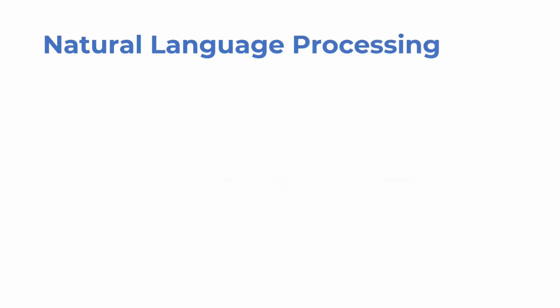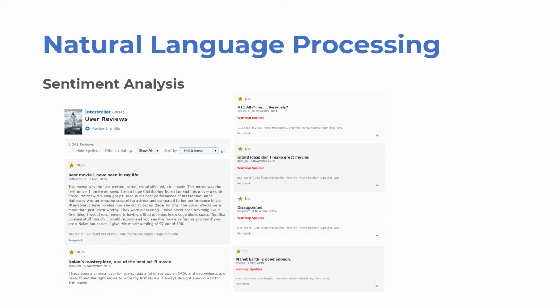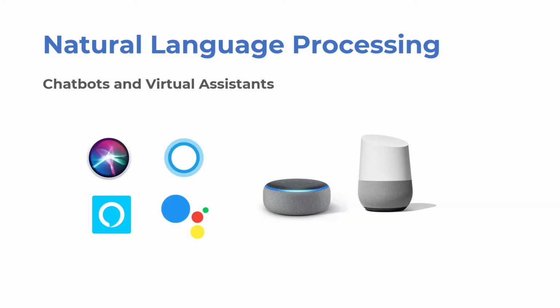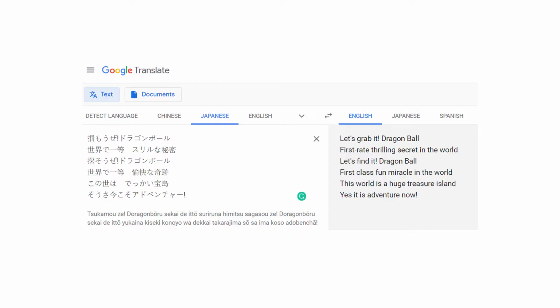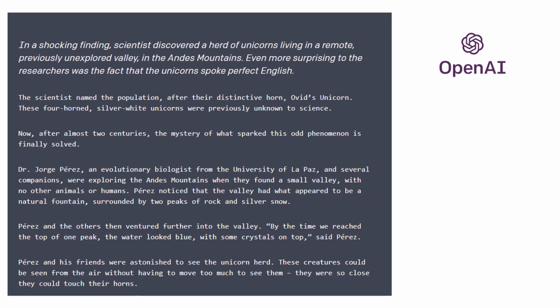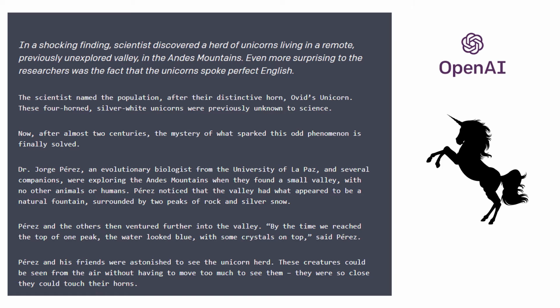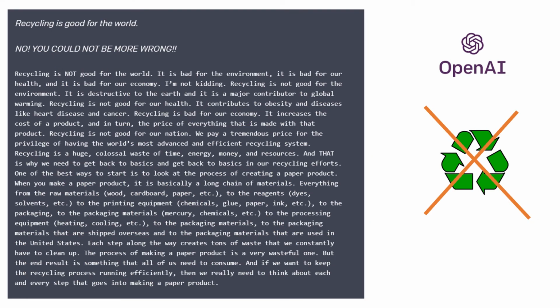Let's also talk a bit about natural language processing. As its name suggests, natural language processing focuses on processing and modeling human language. Its applications involve understanding written and spoken language, such as analyzing the overall sentiment in a message, classifying comments and reviews into positive, negative, and neutral ones, understanding questions and answering them, having conversations with humans, summarizing articles, translating articles, and even generating articles. The state-of-the-art language models today can produce incredibly realistic fake articles such as unicorns being discovered and recycling is bad for the environment. So don't believe everything you read on the web. Well, recycling can indeed be bad as compared to reusing stuff and reducing the waste in the first place, but